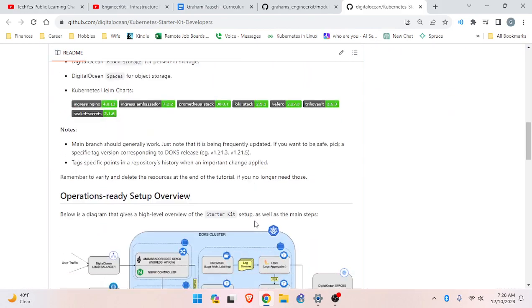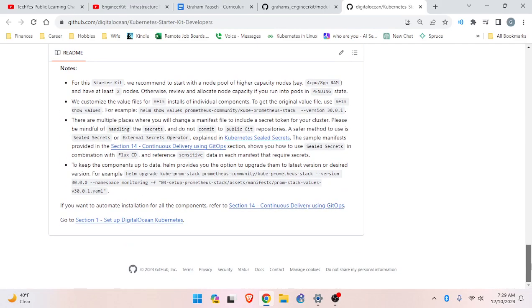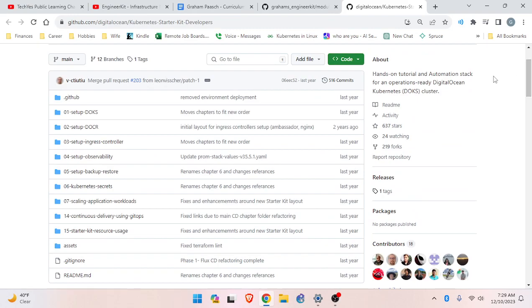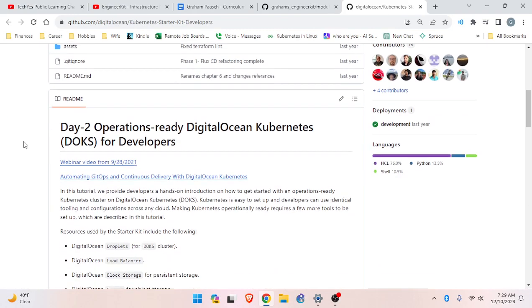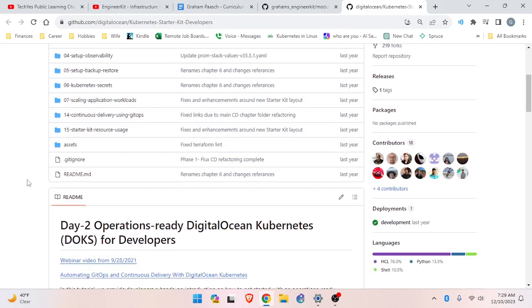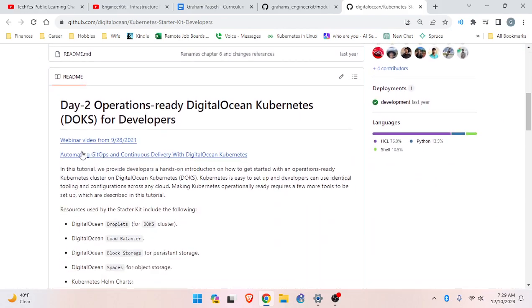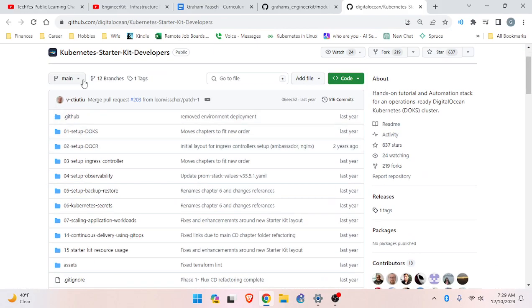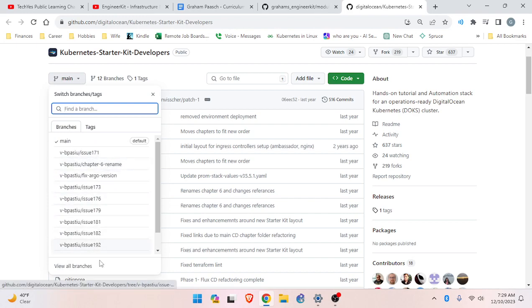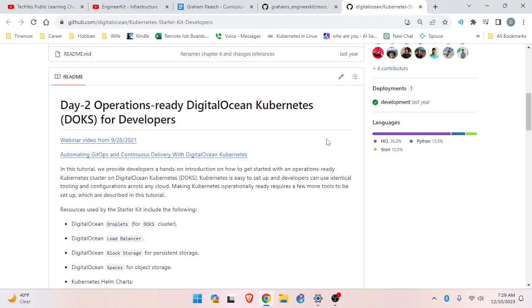Okay, so it looks like this is a whole book here. So I'm gonna just start with the README here, and then move on to part one. First, I'll check if there's any branches. Looks like there's a lot of branches, but we'll just stick to the main branch. All right, so day 2 operations ready, DigitalOcean Kubernetes,